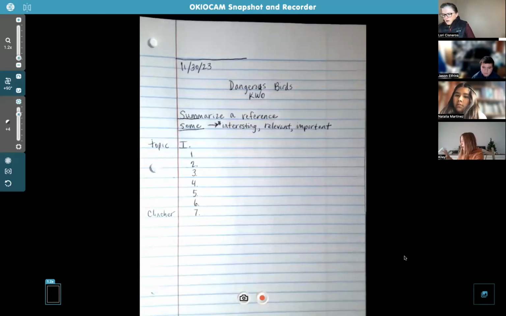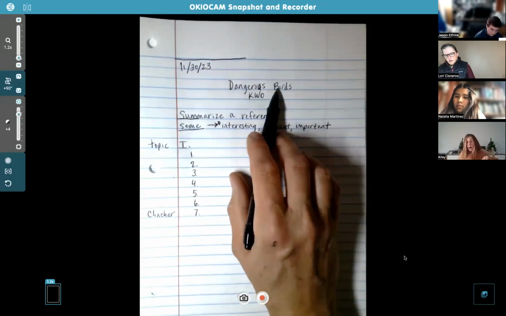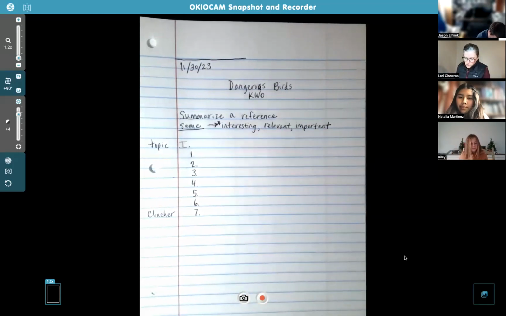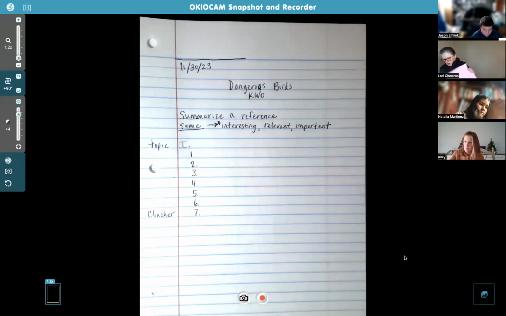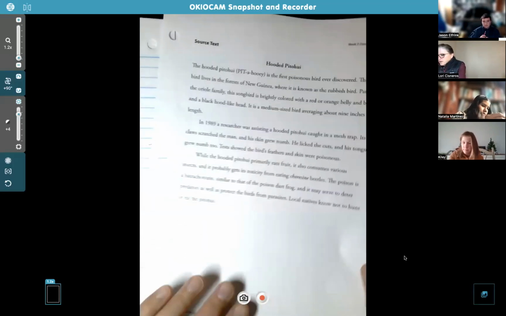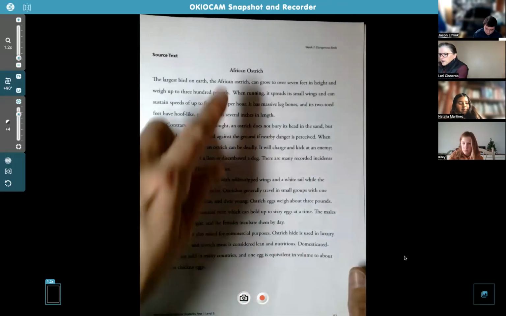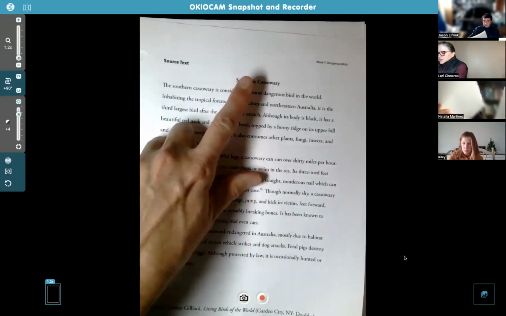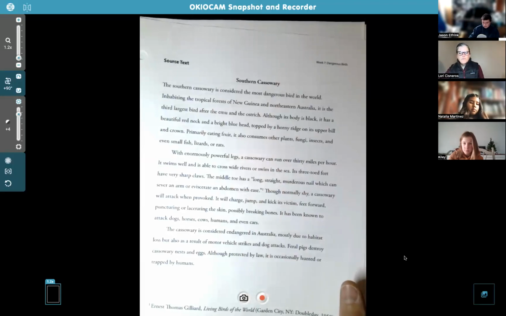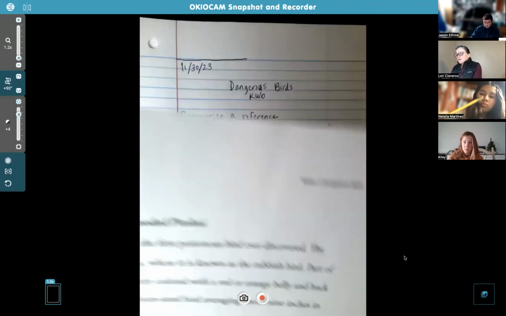Okay, so we're writing about dangerous birds, and you probably noticed when you were taking out all these papers for week 7 that there's 3 different articles. You've got, hold on, let me get mine ready. You've got this one that says hooded pitahui. Then there's this one that says African ostrich. And then there's this one that says southern cassowary. Guess what? Those are all 3 different birds. And so you're going to end up writing 3 paragraphs. But this week, we're just going to focus on paragraph 1. Okay. And the first article we're going to read is this one,